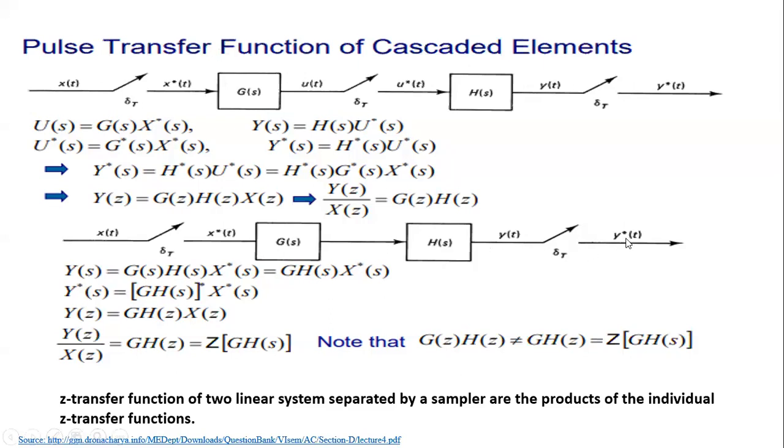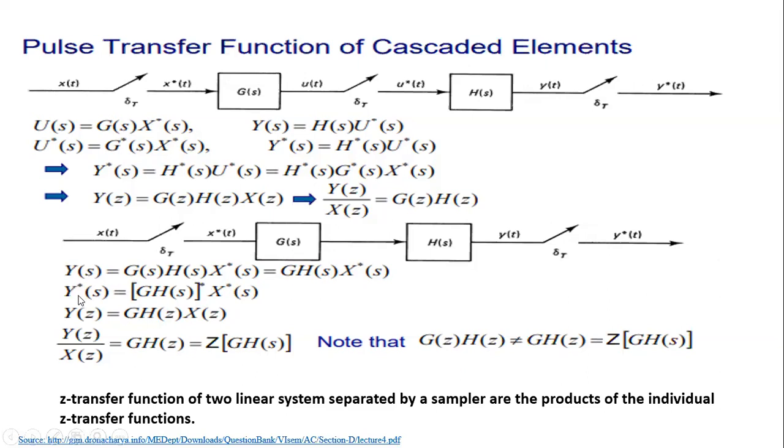Again, I'll have y of s equal to g of s into h of s into x star of s. I hope you understand this. It's as simple as it looks. X star of s into g of s into h of s. So this is what we already have. That is y of s. Y star, I'll again take the star function of this. Now g of s into h of s, I'm writing it as gh of s. I hope it is very clearly understood the difference between g of s into h of s and gh the whole s. So this is already a product of these two individual functions which are in terms of s.